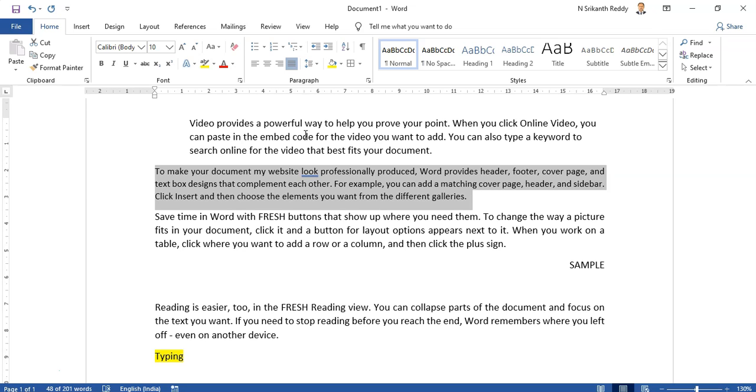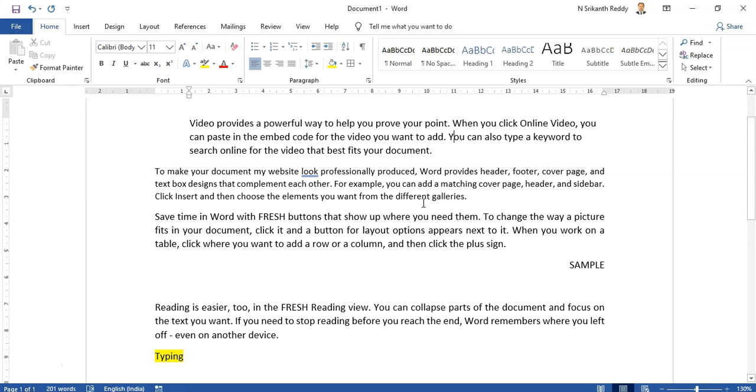Next thing that is important for you to know is that this entire rectangular box you are seeing on the top, where you have commands, is called the ribbon. Sometimes you might find that this ribbon is disturbing you or occupying a majority of your space, and you want to have more space here. Then you can use this arrow mark called the collapse button.